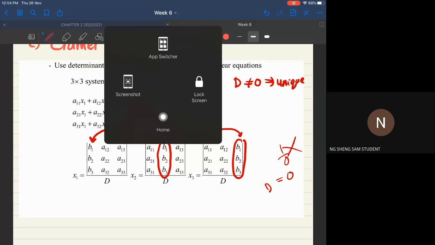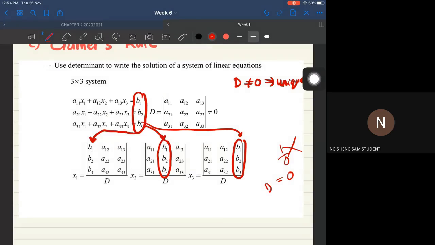If your D is equals to 0, you will have no solution. Okay, sebab kita tak boleh solve. Okay, so macam mana nak cari determinant ni? Kita dah belajar menggunakan third order, you belajar sendiri, and saya jawab menggunakan higher order. So it's up to you yang mana yang memudahkan bagi you. Okay,